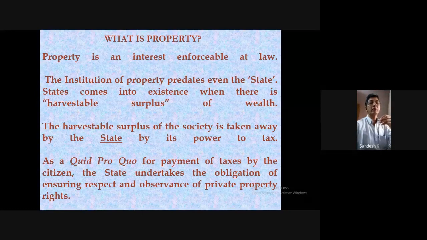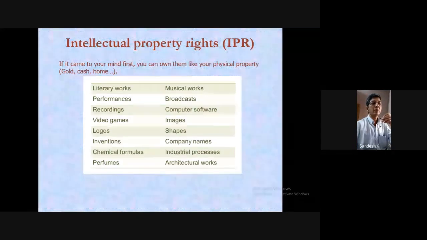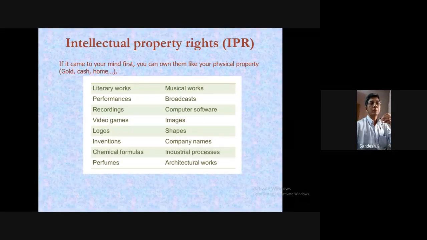And the next one, please. So whatever the creative aspects are there, that can be put together. Various, it could be gold, cash, home, physical property. That's what I mentioned. Could be literary work, computer software, images. They fall under different categories. Let me clarify this. Everything has come out of a human creation, or especially creativity. So this has to be converted into an intangible property, and you have to put it under certain schemes. Next one.